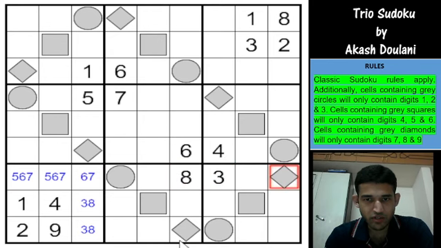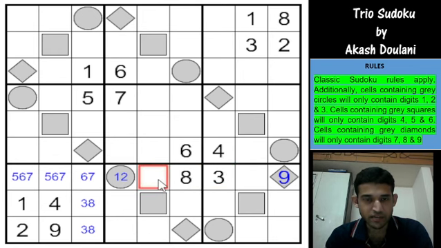And we also know that all the diamonds can only be 7, 8, 9. So which means that this cell cannot be 7 or 8. So it can only be 9. So let me mark that there. And this cell has to be 1 or 2 because circles are 1, 2 and 3. So this becomes 1 or 2. So 3, 8, 9, 5, 6 and 7.